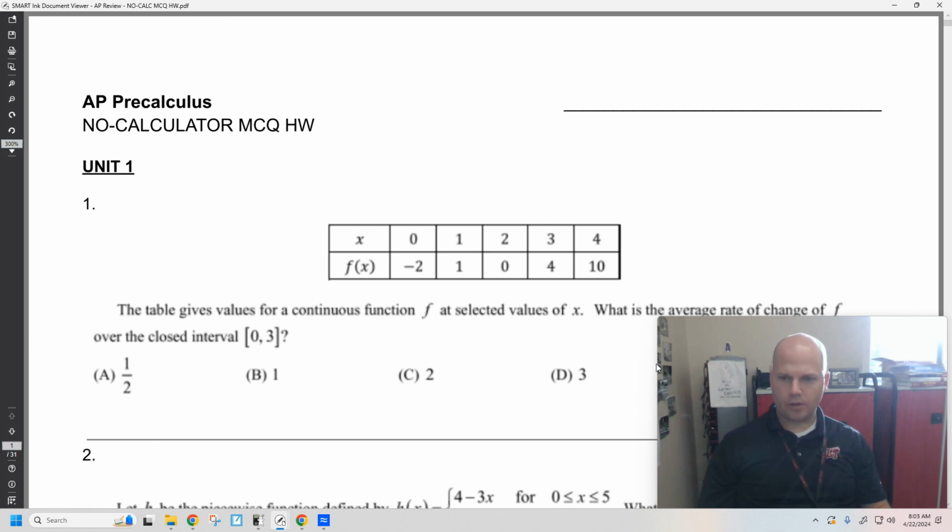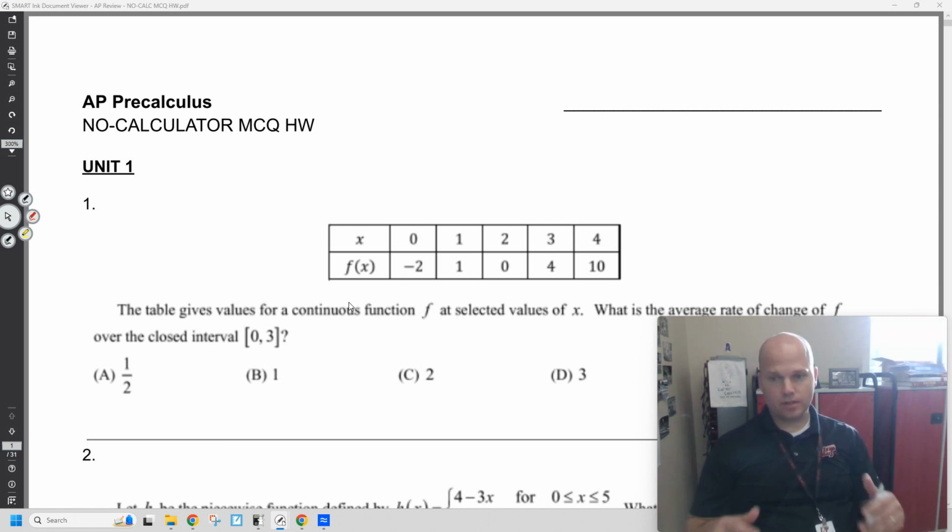This is the no calculator part. These are the questions where if you had a calculator, it would help you tremendously. So we expect them to be given to you as no calculator questions. And unit one was about rates of change,